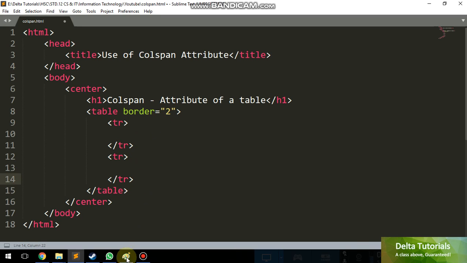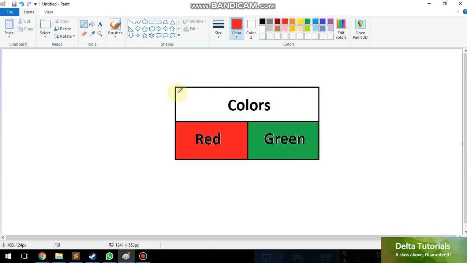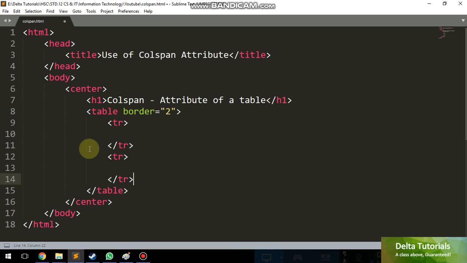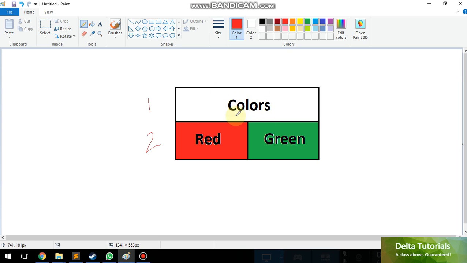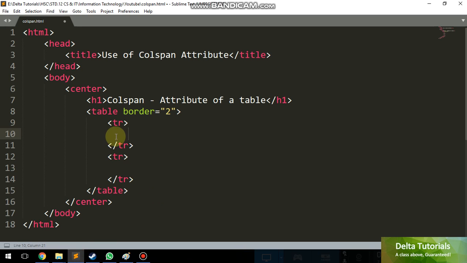Now as you can see in our output, 2 rows are there, this colors row and this one another row. This is the first row, this is the second row. That's why we have taken 2 TRs over here. Now we will have TD, table data. Now see, this colors word and this particular field is occupying a space of 2 columns. So that's why in the first TR itself we will apply this colspan attribute, TD